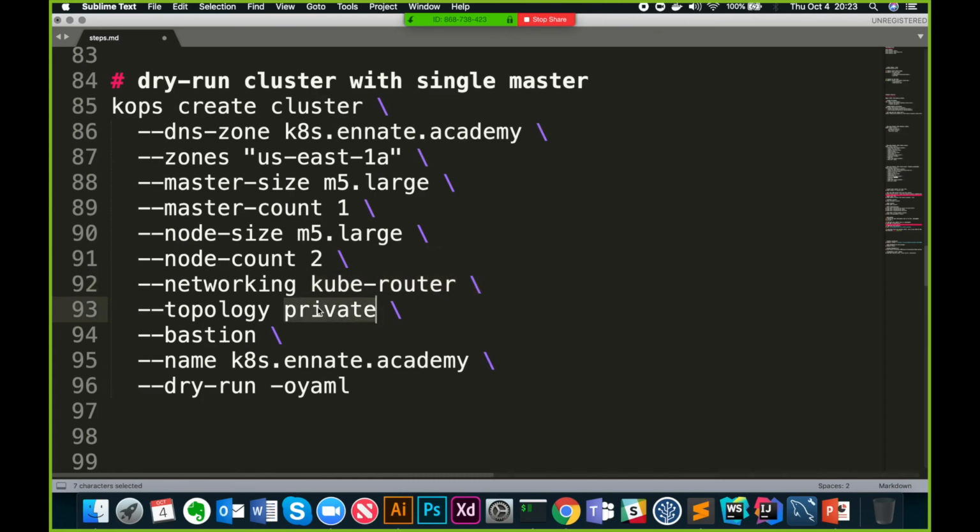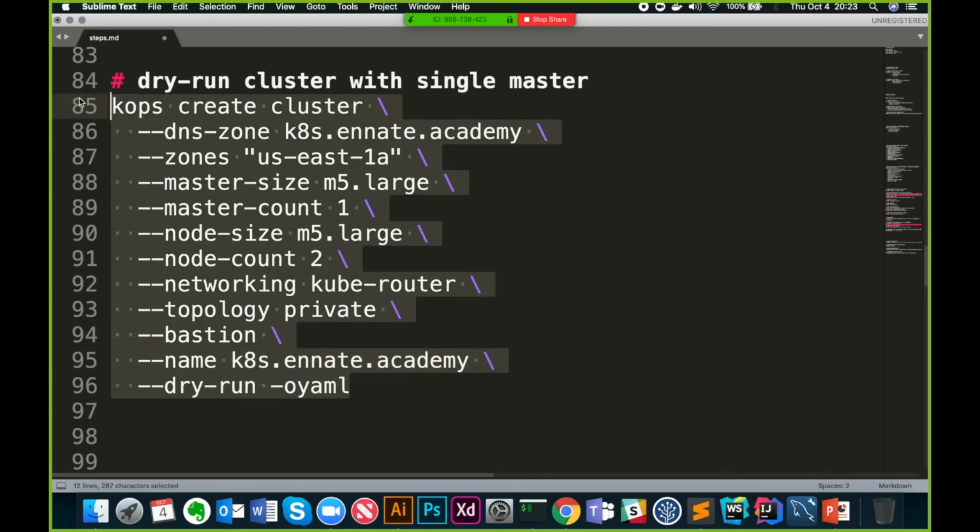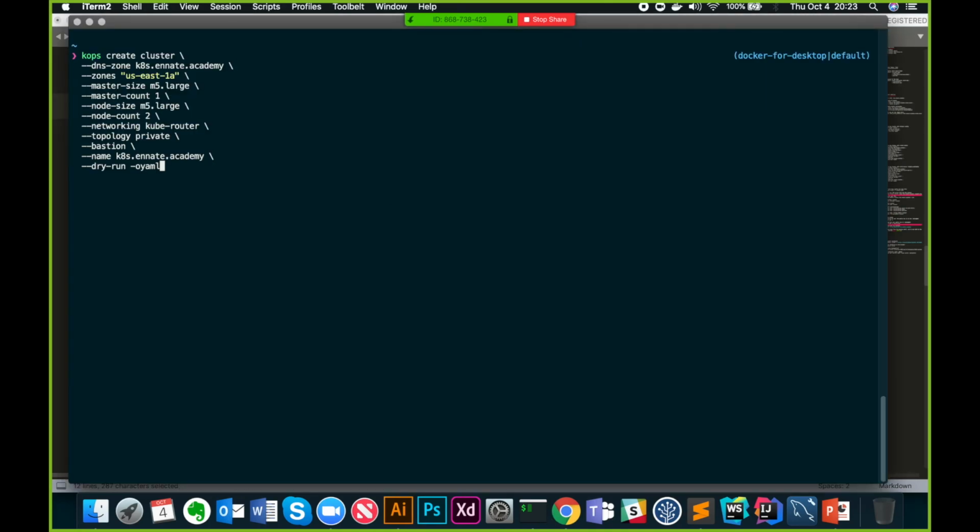But then make sure my masters and nodes are in the private subnets. They are not exposed to the outside world, right? Pretty good. Also, since these are in the private VPC, I want to have a bastion or jump box in order to reach my VPC, right? In order to SSH, and then the name as it is. So what I'm going to do, I'm going to run this and then understand, okay, what type of